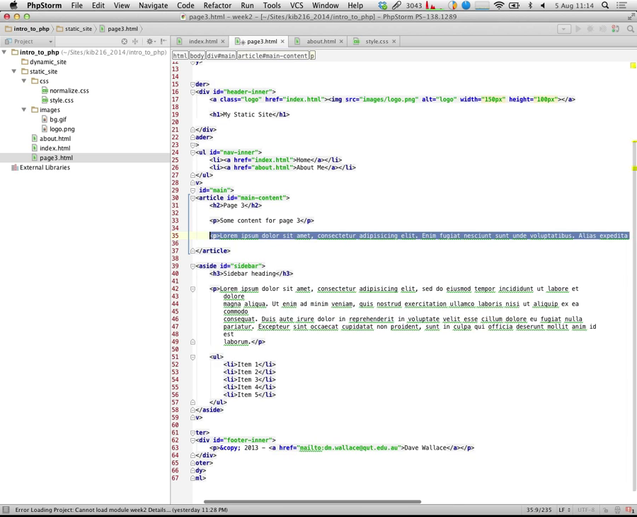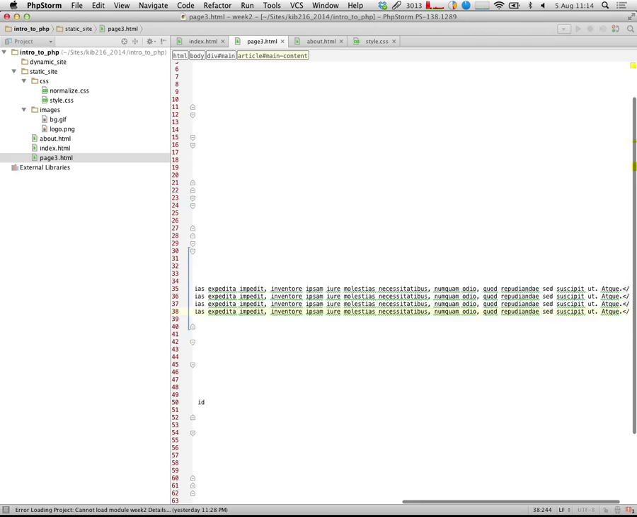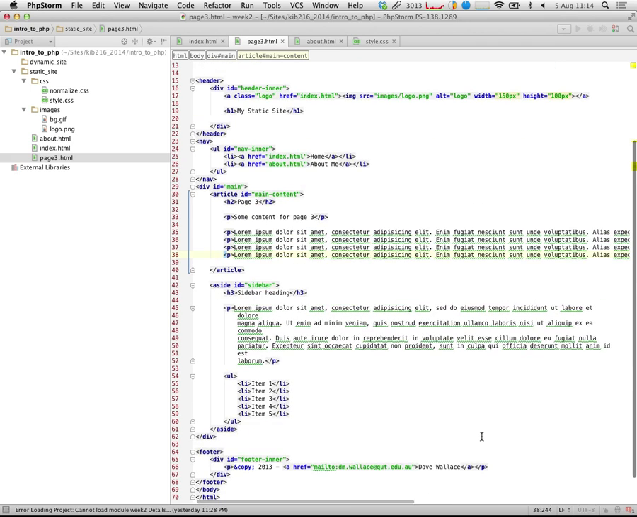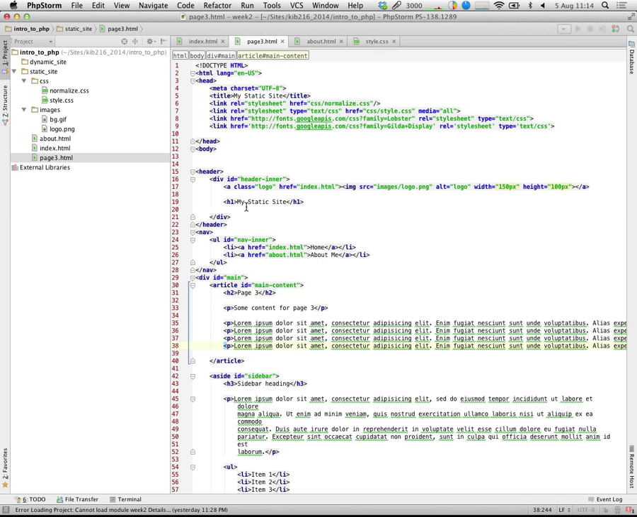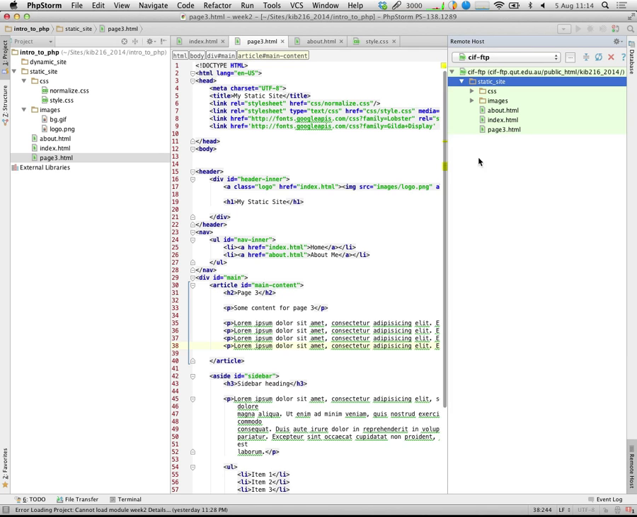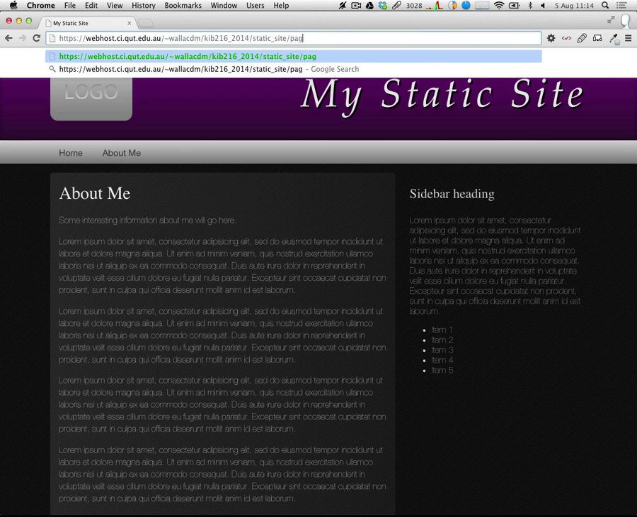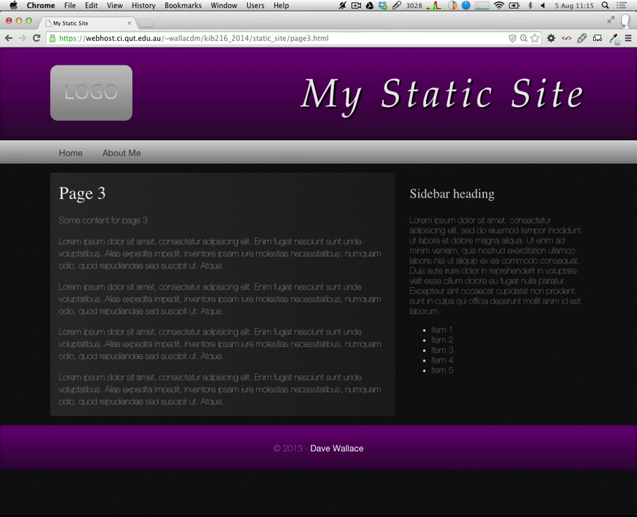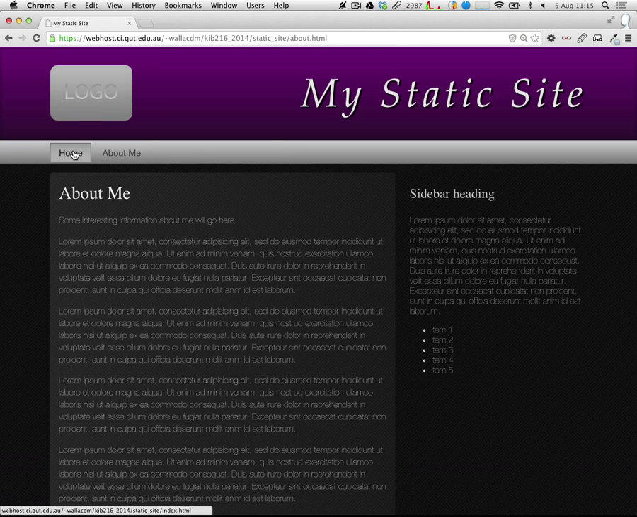Alright, then let's add some dummy content in here, some paragraphs. Okay, and alright, so make sure that's up on my server, page 3, and I should at least be able to navigate to this now. Okay, so there's my page 3, but I'm not finished yet